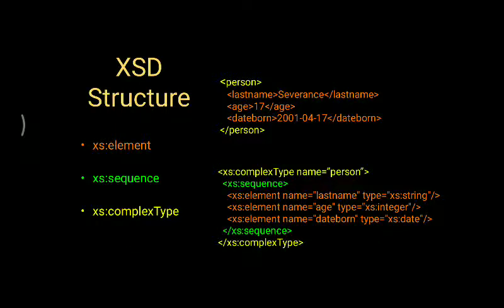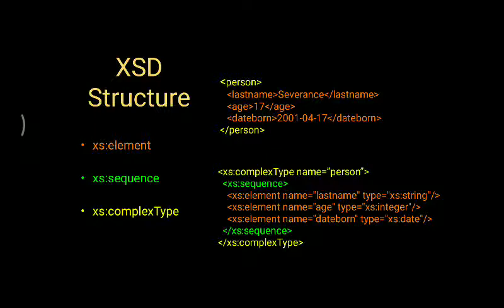Whatever XML tags we will be writing, that is by using XSD structure. So what is XSD structure? XSD means XML schema definition structure. So you will be writing XML elements in the form of some sequential form. It contains elements, it contains sequence, and it contains complex type. So your xs:element is at the middle, at the root level, and you will be writing the elements under the sequence, and you will be writing the sequence under the complex type.